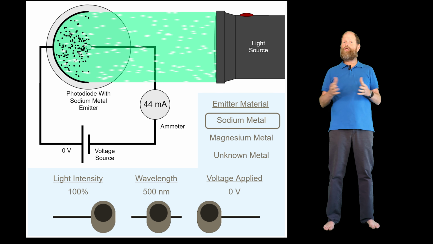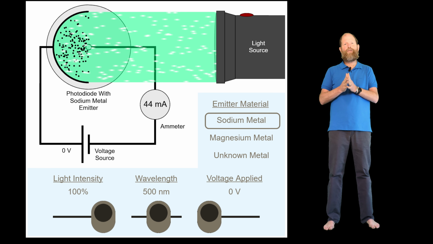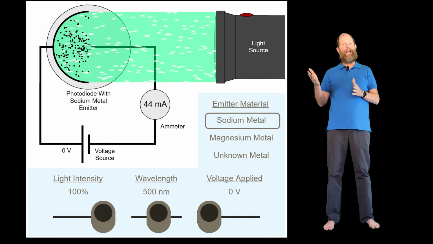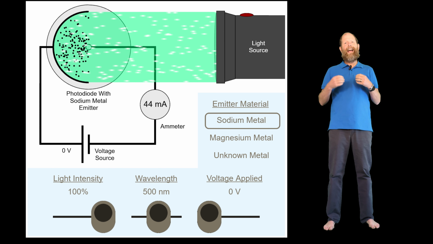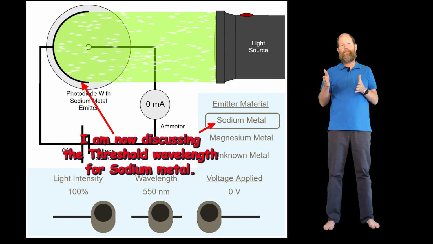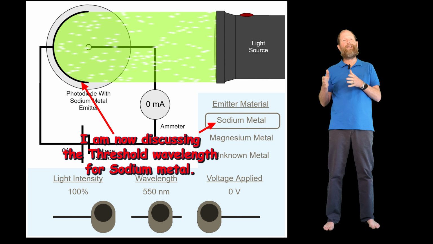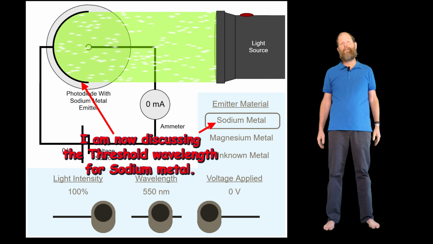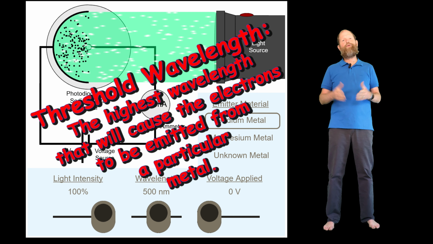At this point, it should be clear that metals have a certain wavelength above which the photoelectric effect cannot occur. We now know that the wavelength is somewhere between 500 nanometers and 550 nanometers. We know that because no matter how much energy from intensity we put into the 550 nanometer light, electrons never pop off the metal. The wavelength that is the first wavelength at which electrons pop off is called the threshold